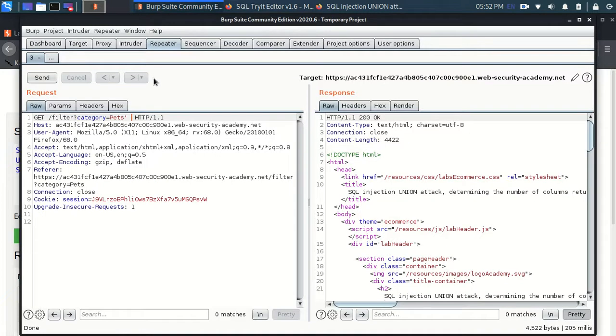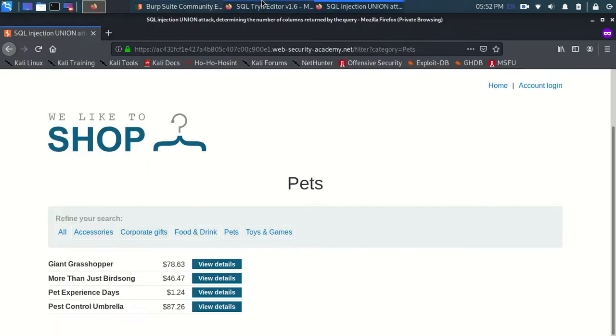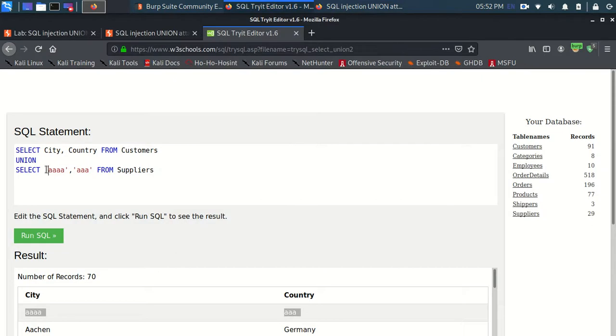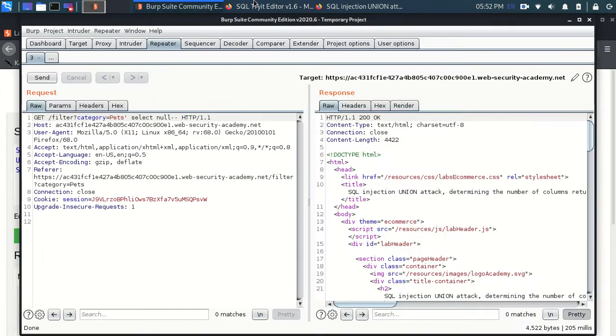So I have broken it with this, and now I need to type select, then I'll type null, and then I'll type dash dash. The dash dash comment will just comment out the rest of this, so it can be removed. Here I did dash dash and the next part is removed.